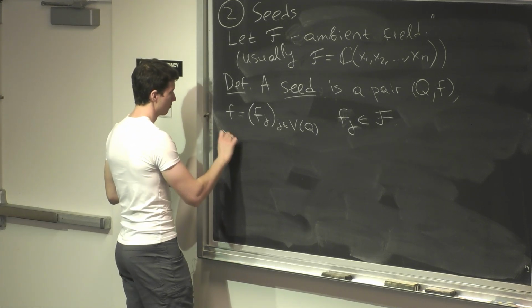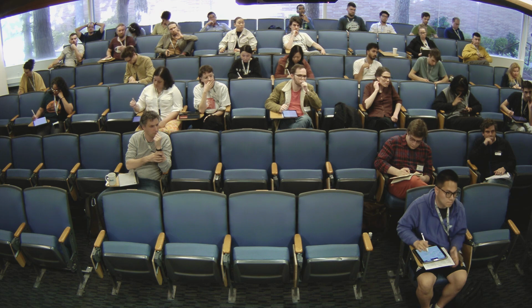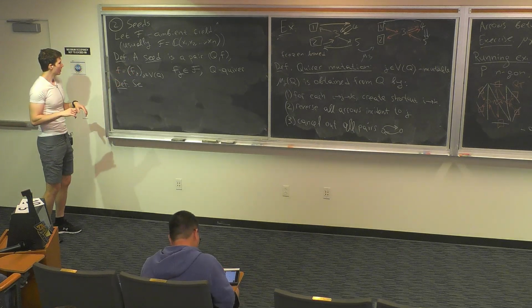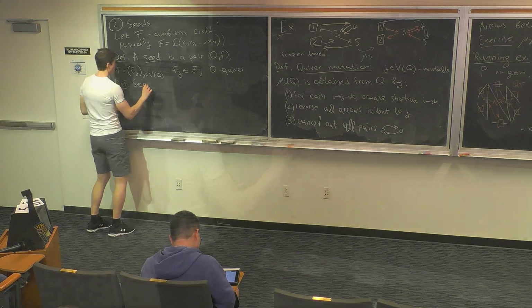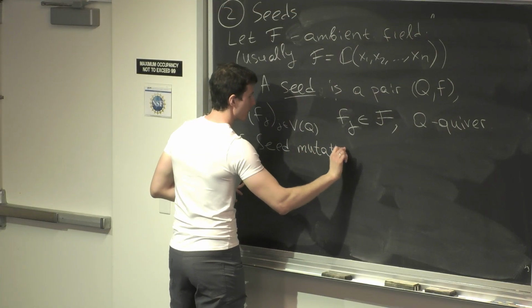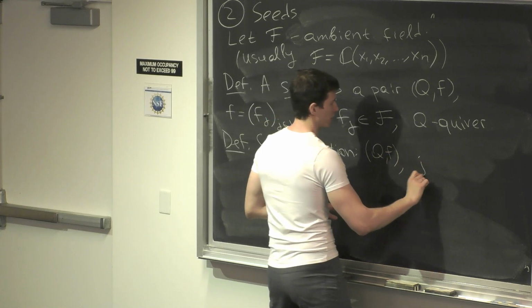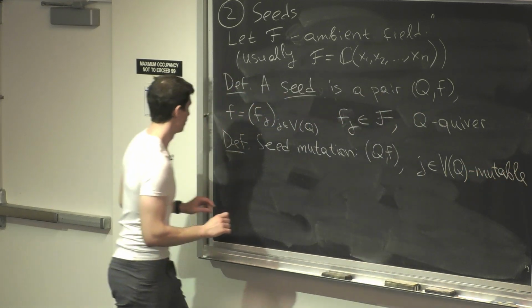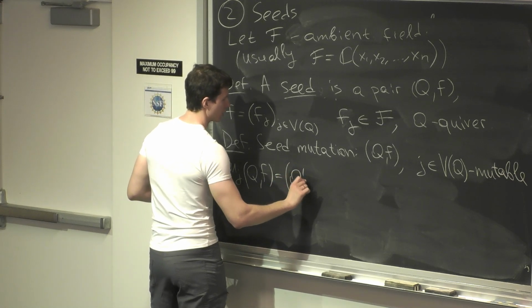And so now let me define seed mutation. Q is a quiver, so it's a quiver with some extra data. And then you can mutate not only quivers, but also seeds. So seed mutation. If you have a seed Q comma F, and j is a mutable vertex of Q, then mu sub j of the seed Q comma F is going to be a new seed Q prime comma F prime,